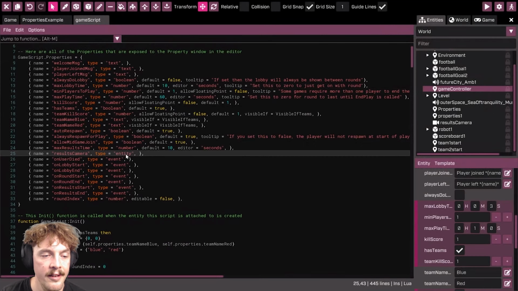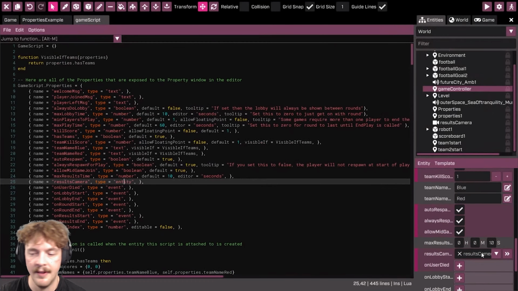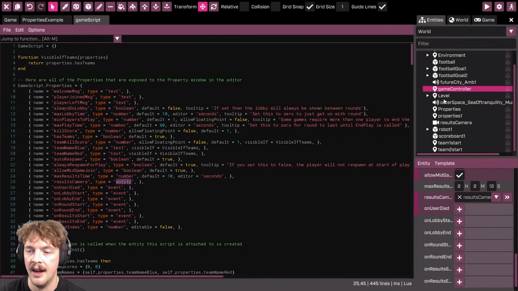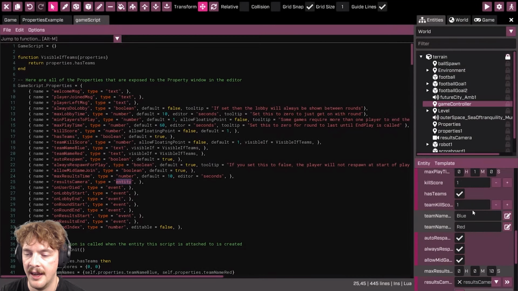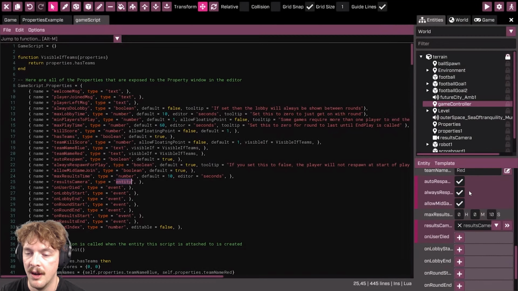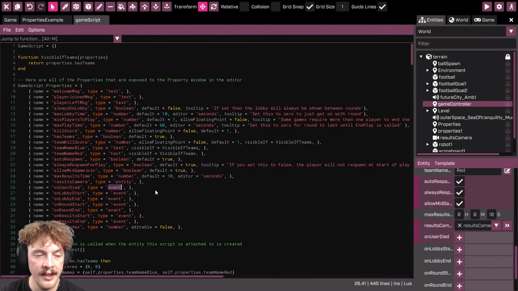For example, the entity or the event types. An entity will refer to any specific entity in your game. In the entity editor, when you use the type entity, you'll see that rather than having a box to enter numbers or a time or a name, it gives you a drop down and it lets you choose one of the entities in your game. You can also drag and drop an entity from the hierarchy here into that property if it's set to entity. Another type is the event type.